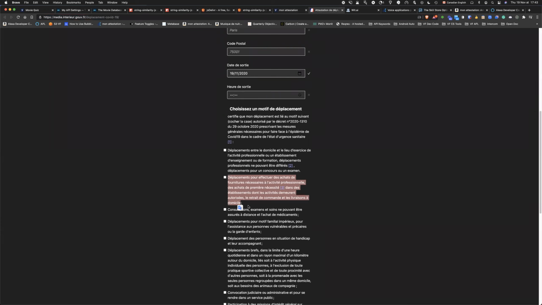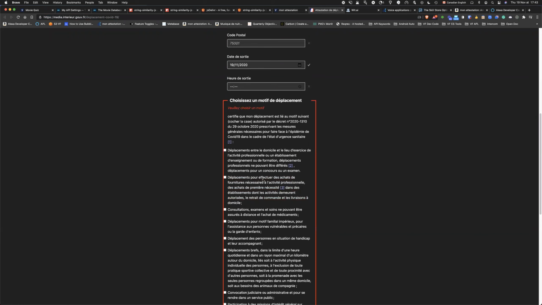Sorry, that's French, but basically it means moving to buy some stuff, or go shopping, necessary shopping. So grab some food and this kind of stuff. But you don't have bread, you don't have "I want to go, I want to get out to", or even, for example, "I want to go to Costco". You don't have